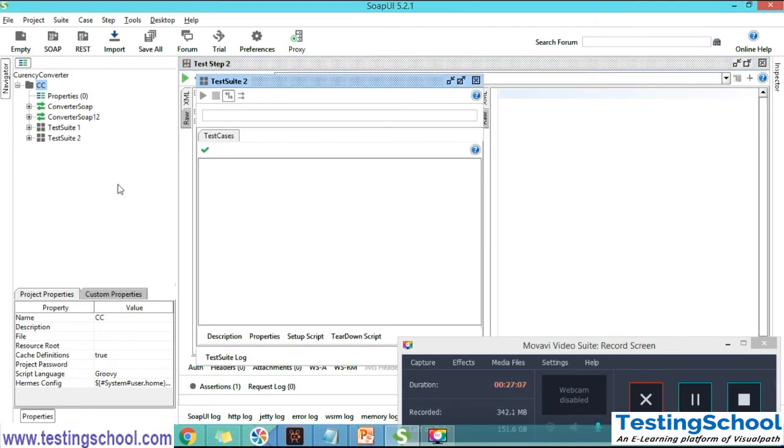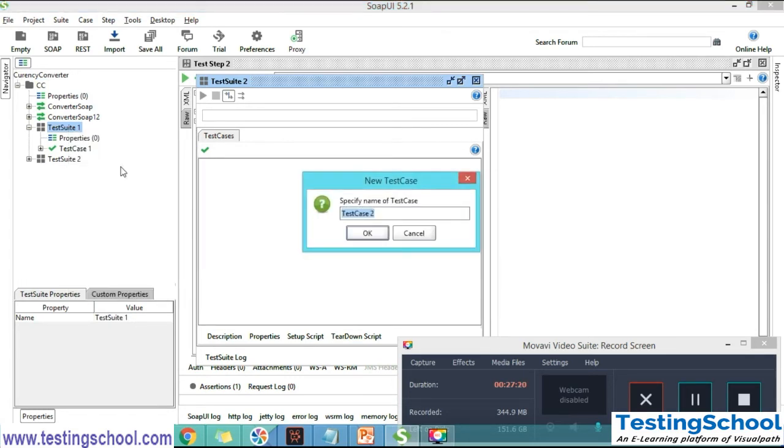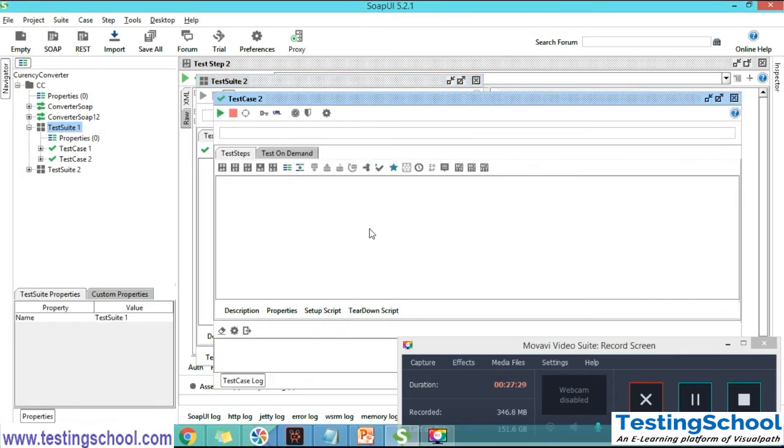Click on OK, new test suite is created. As I said earlier, under one test suite we can create multiple test cases. So to create another test case, new test case, test case 2. I am not changing the name. Click on OK, test case 1, test case 2.